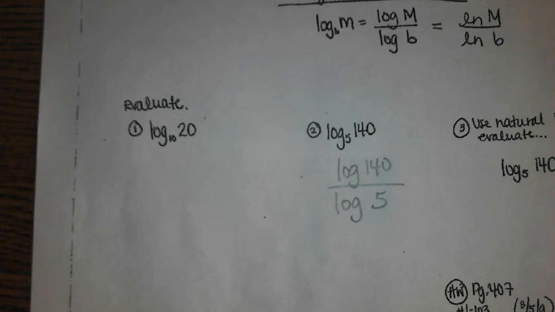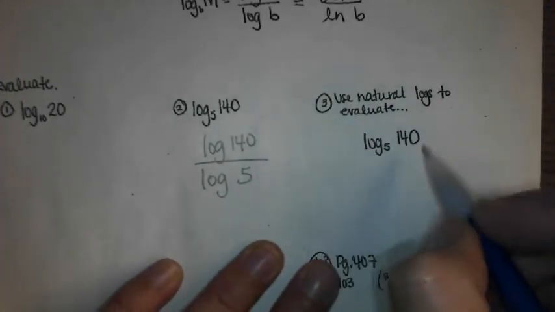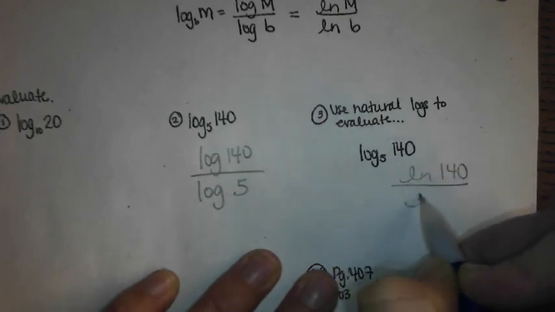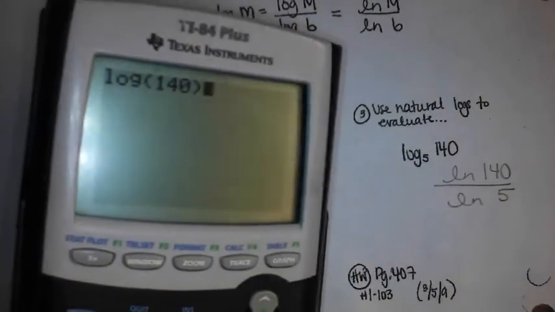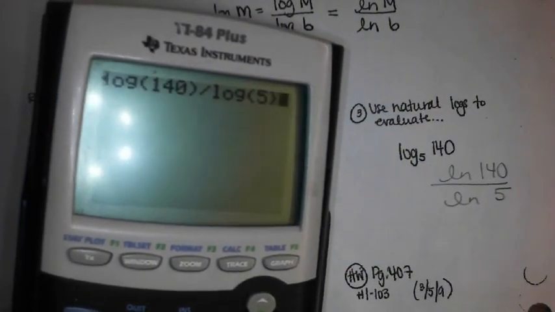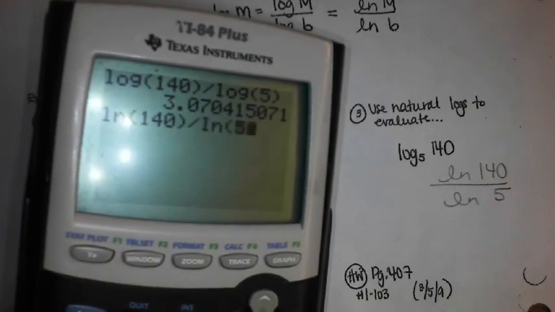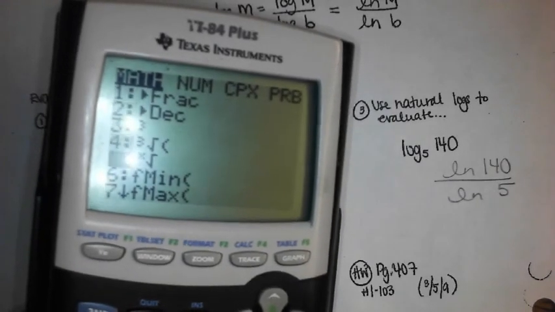Okay? So if I evaluate this one with natural logs, that's me just using the change of base formula, so that's just the ln of 140 over the ln of 5. Same thing. So I'll show you that, and again, you could do that too, because your ln button is very accessible. So log of 140 divided by log of 5 gives us the value. Natural log of 140 divided by the natural log of 5 gives us the same answer. And obviously, if I did go do my log base,